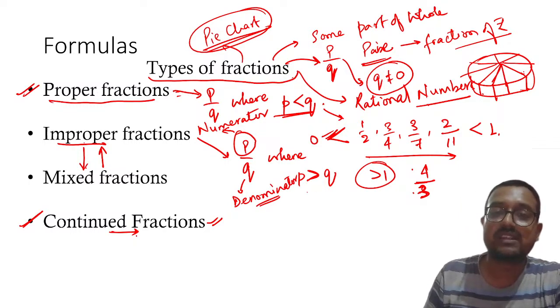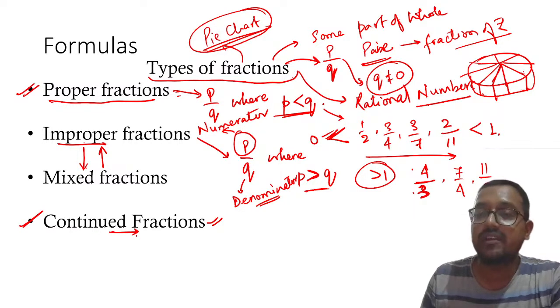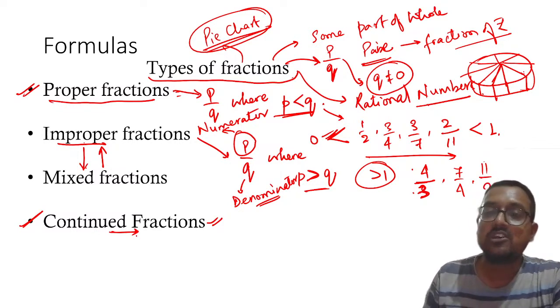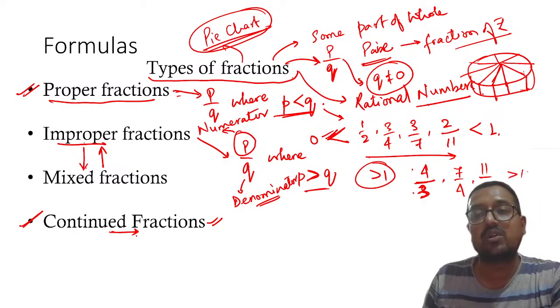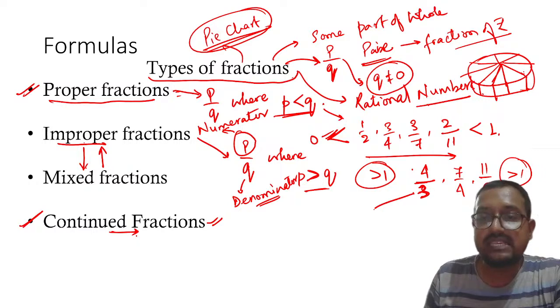Clear? So the numerator is greater than the denominator. Then you can also write it as 7 by 4. You can also write it as 11 by 2. Understood? So all these are greater than 1. Please remember, all these are greater than 1. Understood? Okay, now to convert these